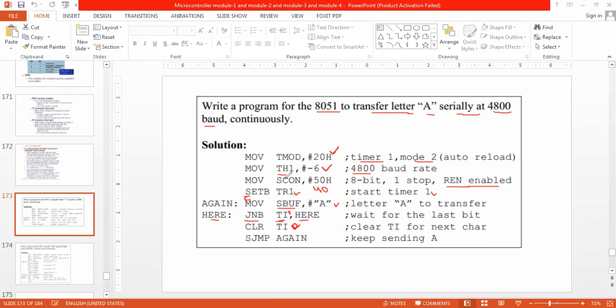SCON register is set, TMOD is set, the timer is started, and whatever data is to be transmitted is loaded into the SBUF register. Then we monitor JNB TI. We are transmitting the data, so we monitor TI. When we are receiving the data, then we have to monitor RI.